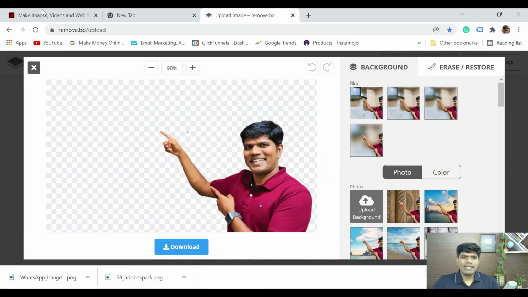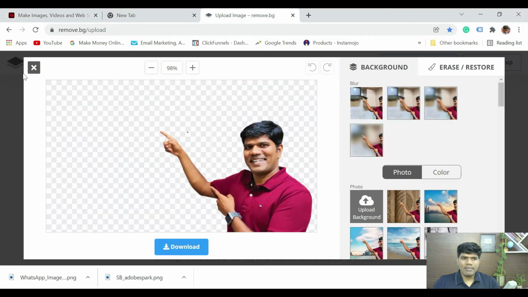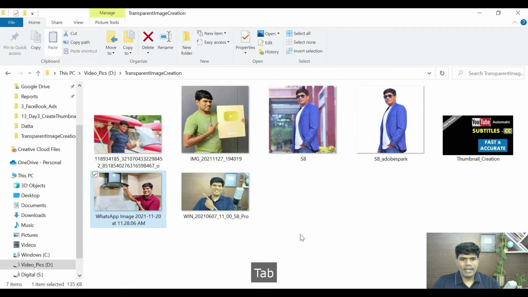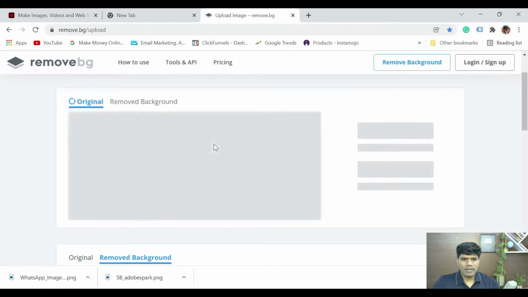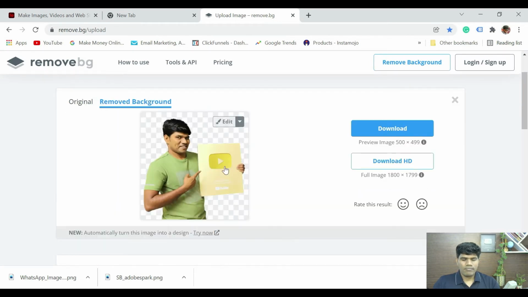So one thing that I've seen is when you go with Adobe, you get a slightly higher quality image compared to what you get from remove bg. Now if you go for the upgraded version of both of them, then you get a lot more features as well. Okay, now let me show you with one other image so that I can show you how exactly editing can be done. Now say for example I want to pick this. So even this it has done really well.